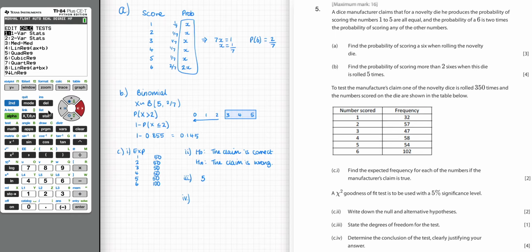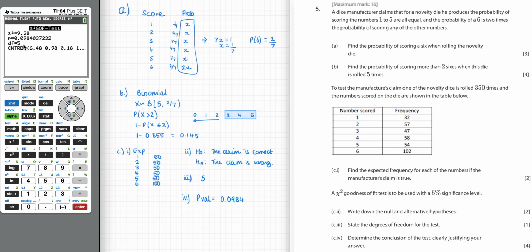So we can now go across to our tests, and we want the chi-squared goodness of fit. The observed data is in the first list, the expected is in the second list, and the degrees of freedom are 5. And then from this, we find that the p-value is 9.84%. So the p-value is 0.0984,